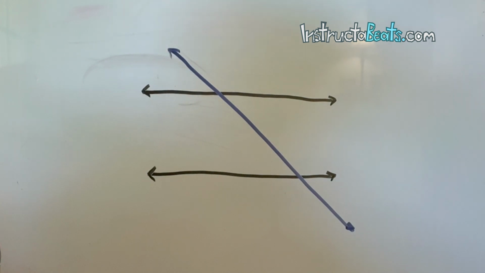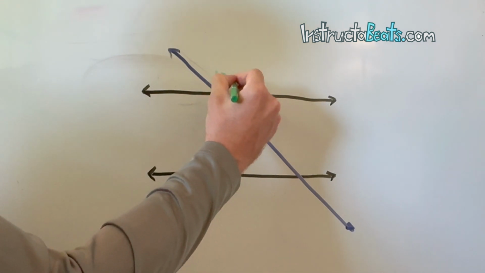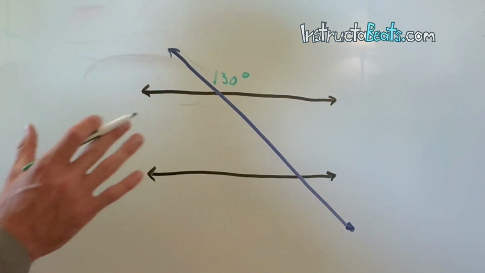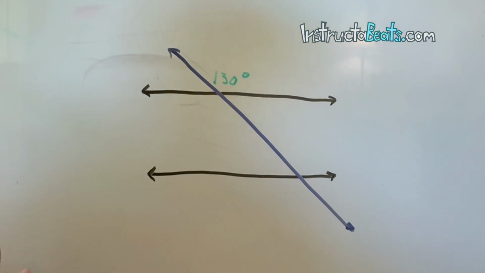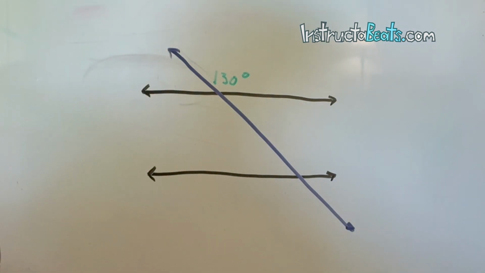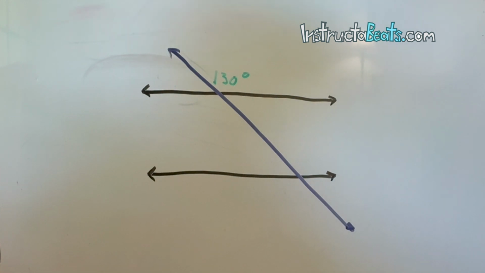So we took it to the whiteboard, right? So here we have our parallel lines, we have our transversal going across, and today our guiding question was, if we know one of these, so let's say we know this is 130 degrees, right? How do we use that information to figure out another angle or all the other angles? And so just using this 130 degrees, we can figure out all 4 of these angles right here, which then we can use those corresponding angles down here, which we learned about last lesson, to figure out all of them,